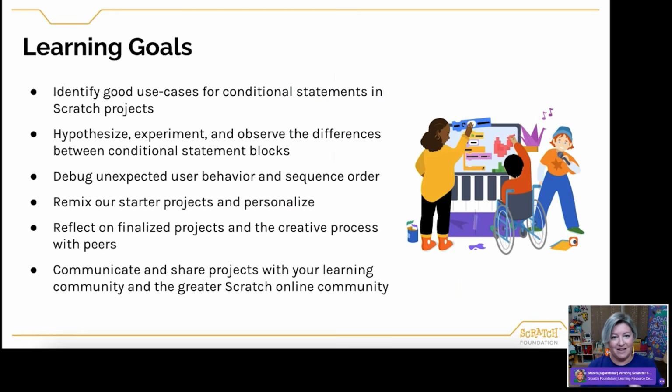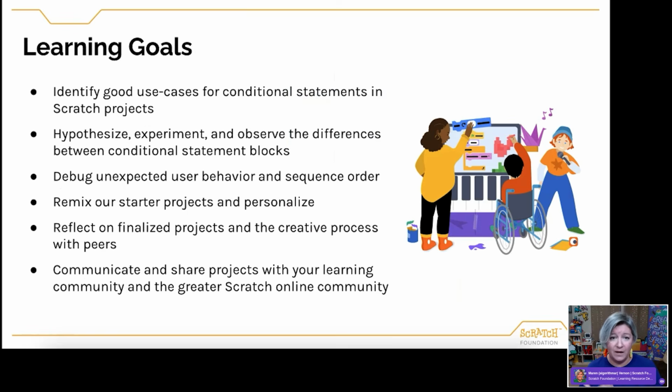Let's jump into talking about conditional statements. We have a resource about conditional statements in the library. Again, all these links will be in the session wrap-up email for you in the session slides. So don't feel like you have to scribble copious notes here. But those conditional statement resources will be helpful.